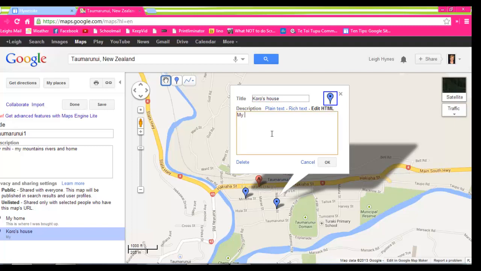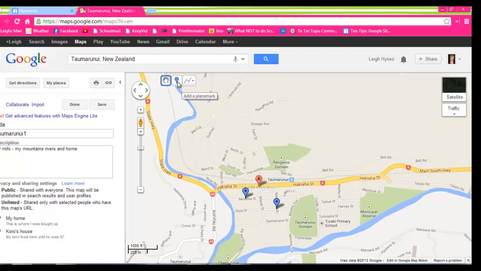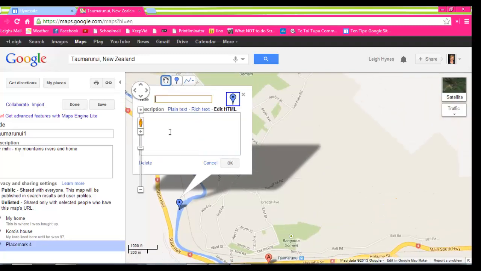My Koro lived here until he was 97, and I could add more. You can imagine the types of things that will help your students do writing, and of course it's very personal to them. Now another nice thing that I can do is add a place mark to the river,